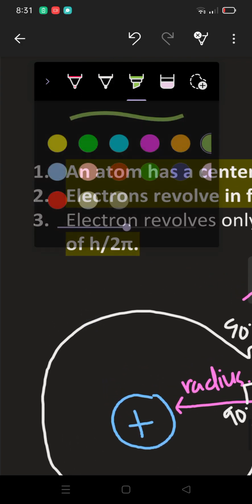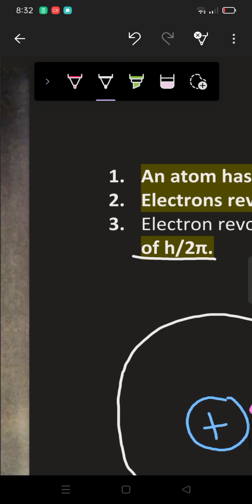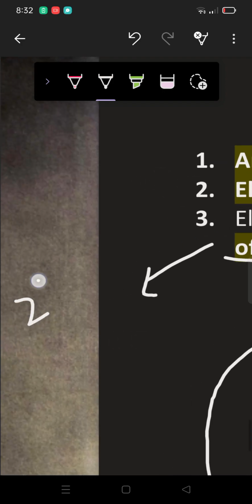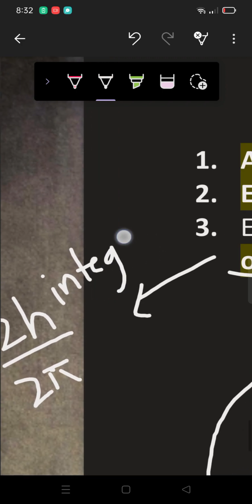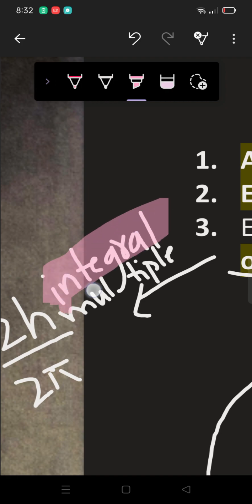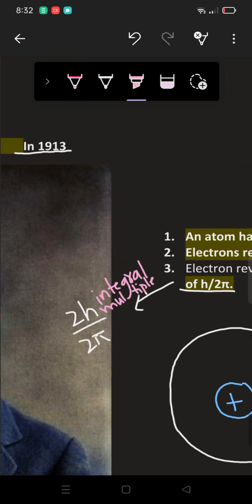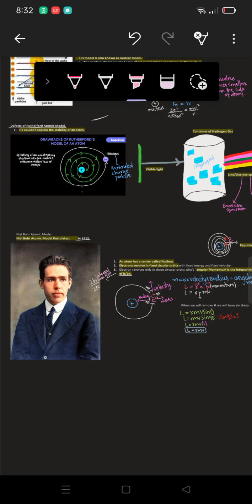Either the electron will revolve in 2h by 2 pi, since we have the integral multiple, or in the orbit whose angular momentum is 3h by 2 pi, 4h by 2 pi, 5h by 2 pi, 6h by 2 pi, 7h by 2 pi, 8h by 2 pi,